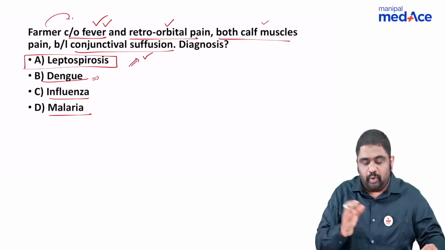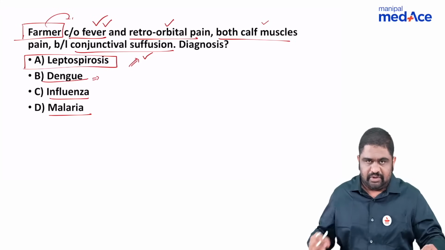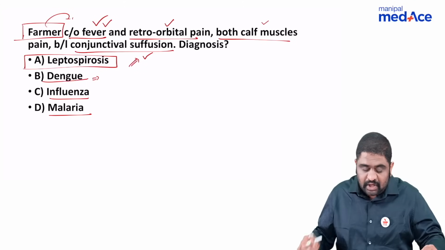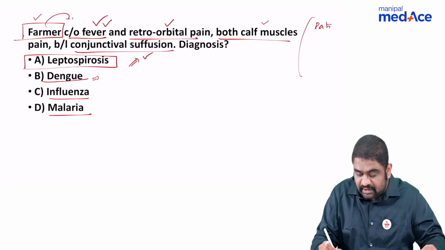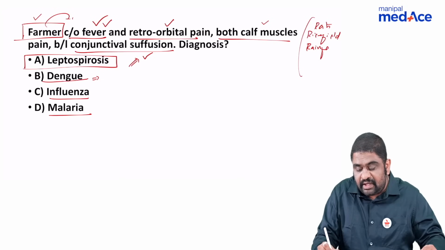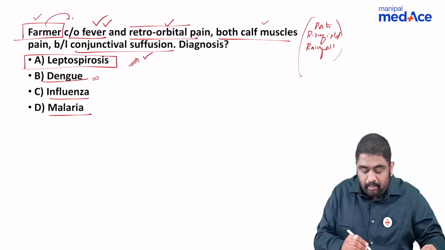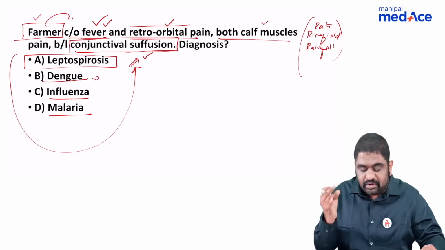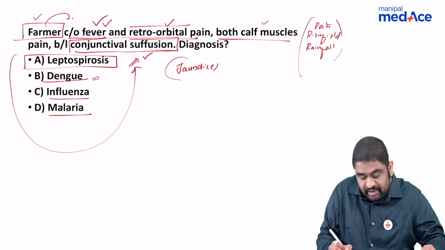Why will I sway towards Leptospira? The question speaks about the farmer. You can argue dengue can happen in farmers also. Farmers can also be bitten by the dengue-spreading mosquitoes. Yes, of course. But when there is a farmer, even if they have not mentioned the rats, rice field, and rainfall, the 3R disease is leptospirosis, which is capable of causing retroorbital pain, but the clinical feature is conjunctival suffusion. Conjunctival suffusion, retroorbital pain, and if they have mentioned jaundice, then it can be a clear